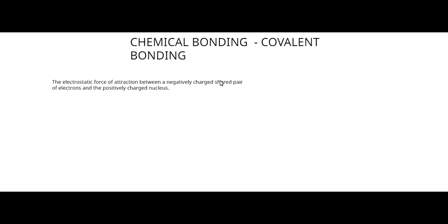So a sigma bond can happen because of the overlap of s orbitals,